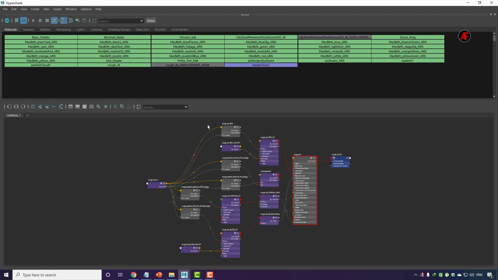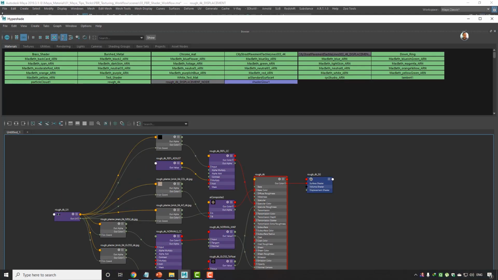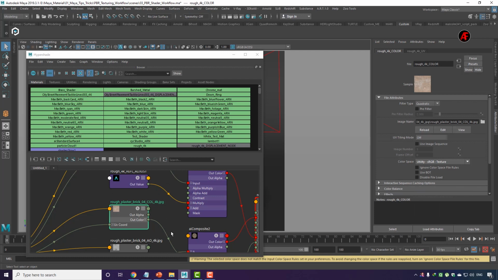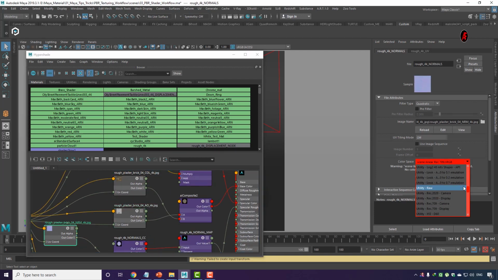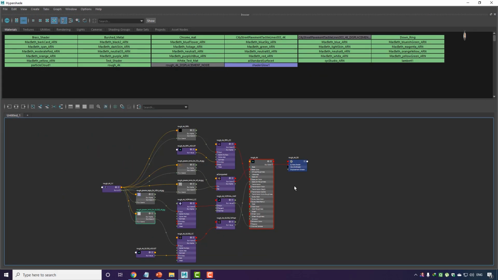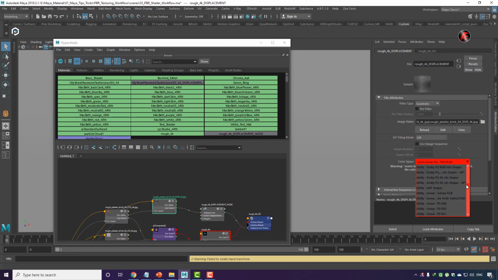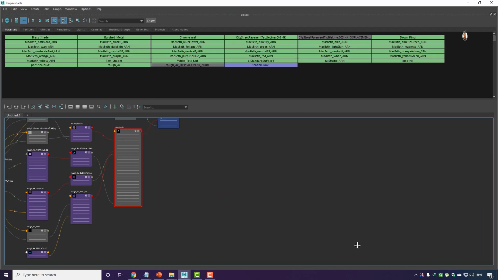Just right click, graph network. Alright, so it's done guys.